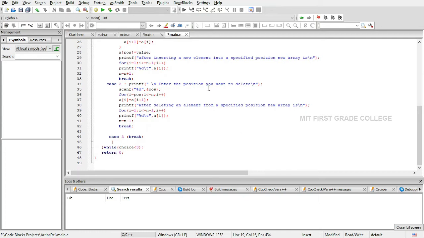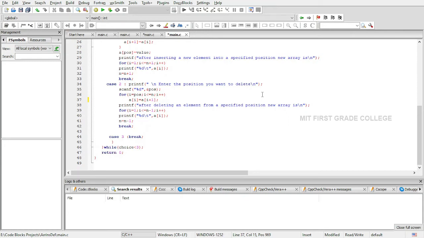And with the help of a for loop, now what I do, suppose the size of my array is 5, that is there are 5 elements inside my array, and I choose to remove the second position value.